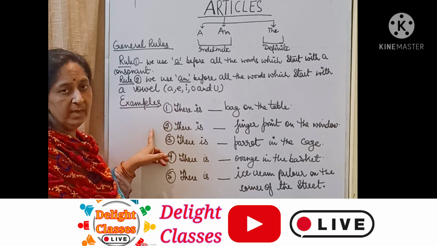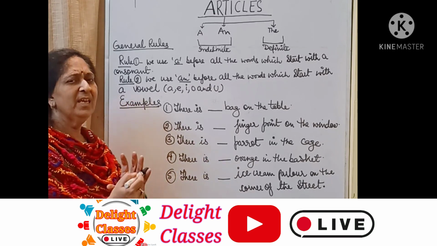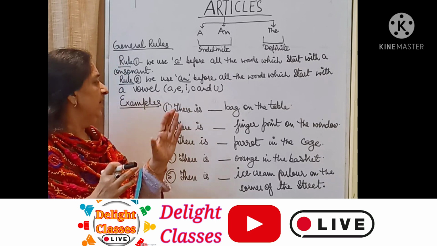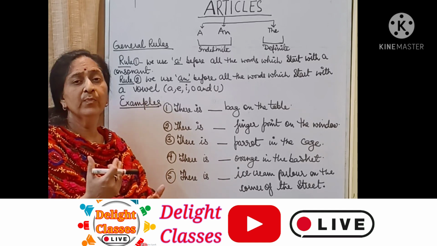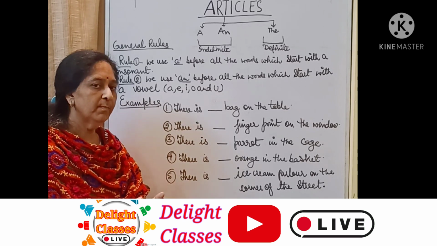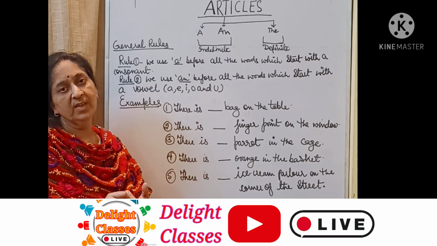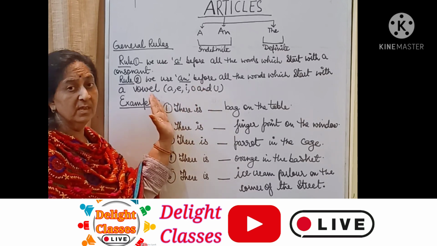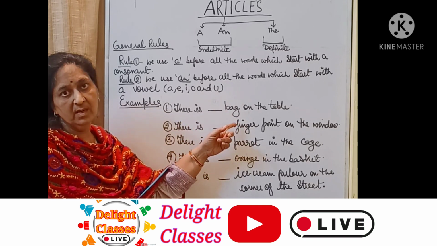Now, let us take some examples for the filling of the articles. So, let me give you a very good tip for that. When we have to fill the articles, we should consider the first word after the blank. We should consider the first word after the blank, and in the first word we consider the first letter of that word. So in the first sentence we are going to hide the left side of the blank and we are going to see the right side of the blank.